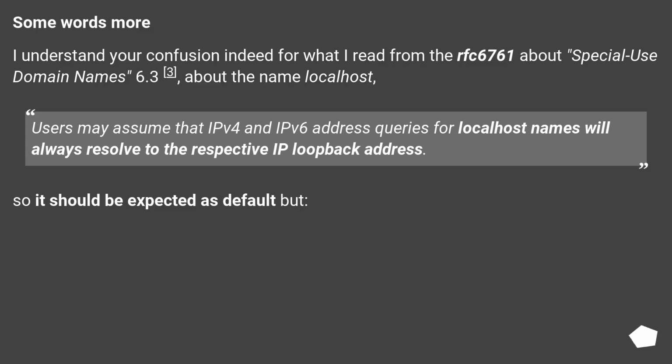Some words more. I understand your confusion, indeed, for what I read from RFC 6761 about special-use domain names, 6.3.3, about the name localhost: users may assume that IPv4 and IPv6 address queries for localhost names will always resolve to the respective IP loopback address. So it should be expected as default, but